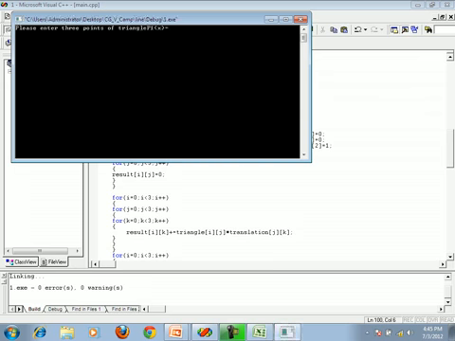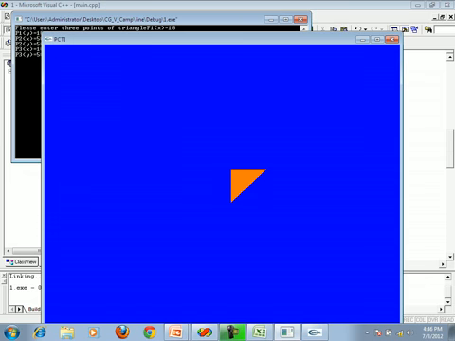But for the first translation it is okay. 10 comma 10, then 50 comma 50, and then 10 comma 50. Our triangle, just press here capital X. For capital X you can see that it is coming towards left side. So left side आ रहा है, that means the translation is going correctly.